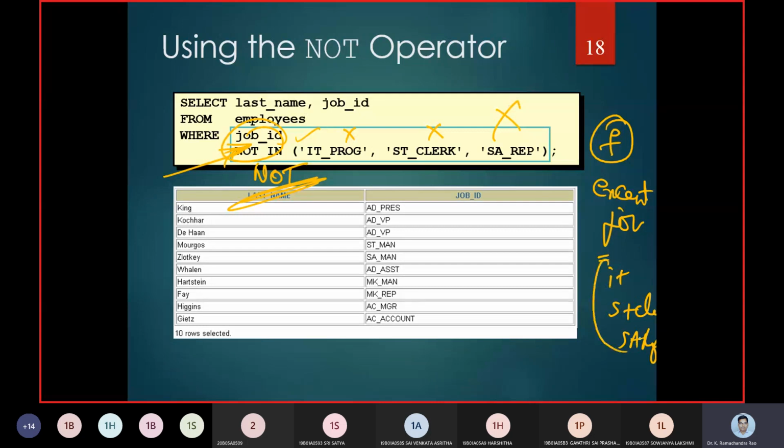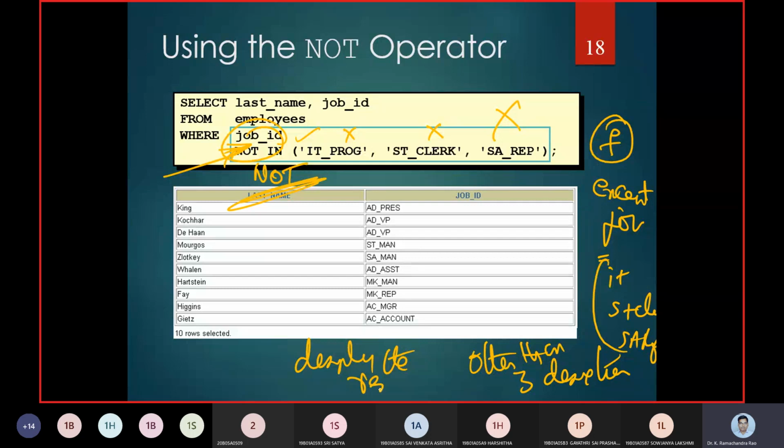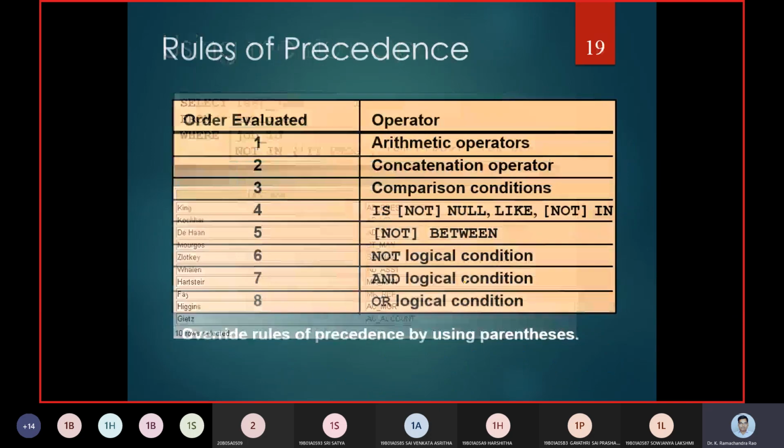Other than these 3 designations, we have to display the rest. You can see here in job ID, you can't find IT programming, you can't find ST clerk, and you can't find SA rep. Other than these 3, you can find the rest of the jobs.